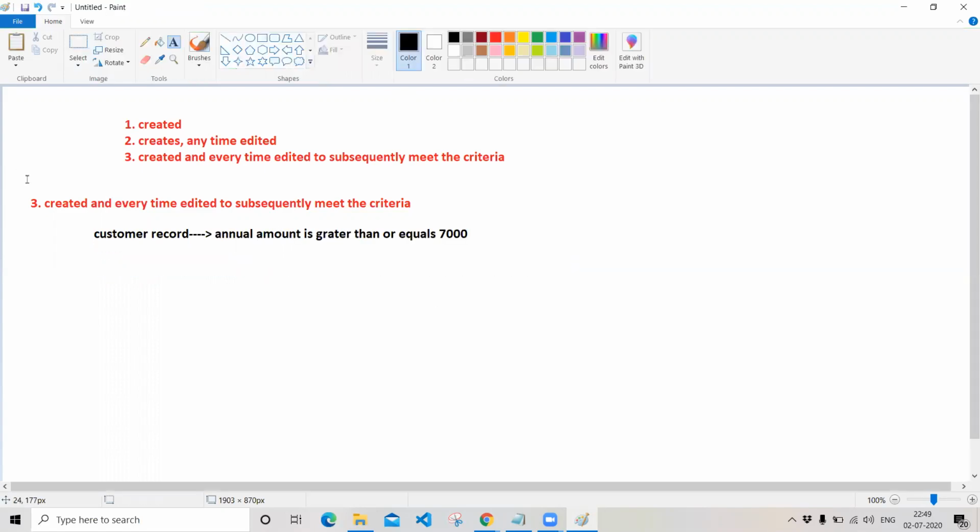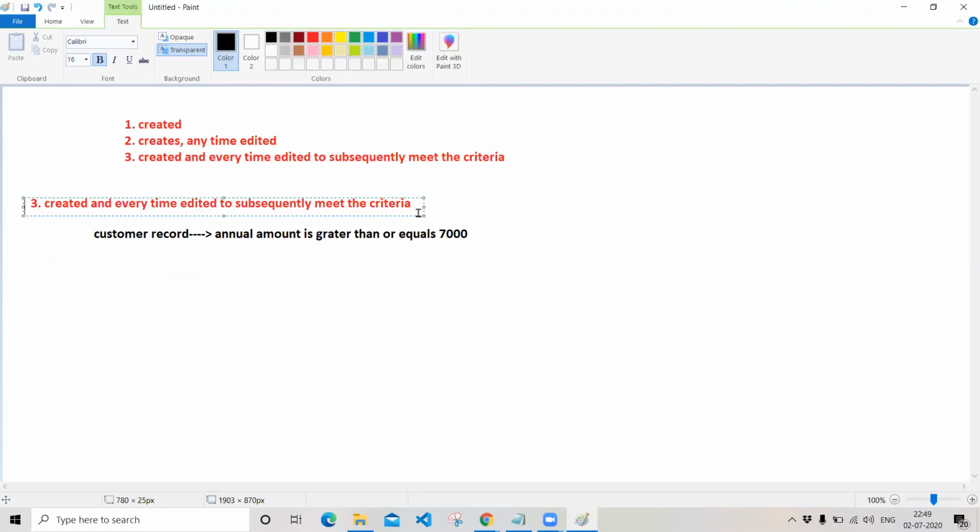So we are creating a workflow rule, choosing the third criteria. Once we have selected the related object on which this rule will fire and defined our rule name, the third thing we will define is our rule criteria. The rule criteria now is created and every time it's edited to subsequently meet the criteria.